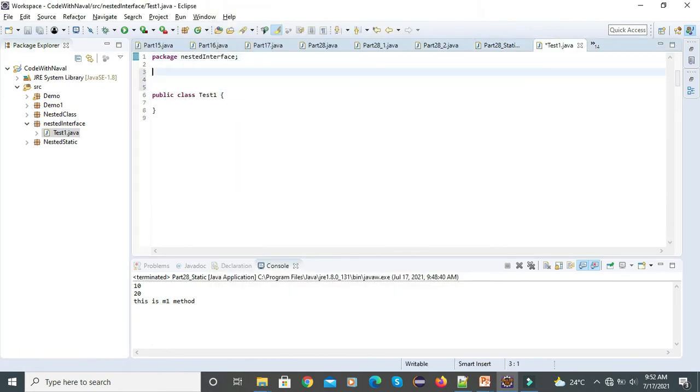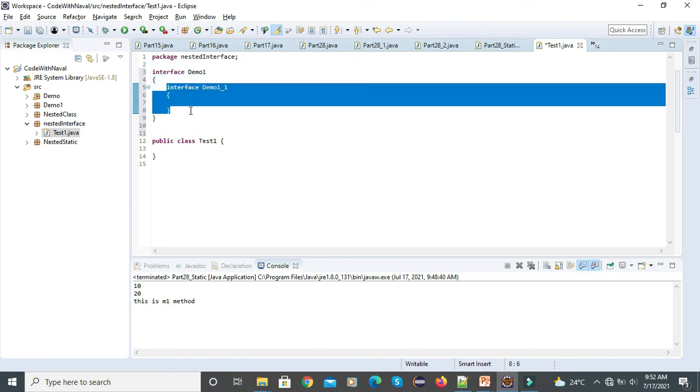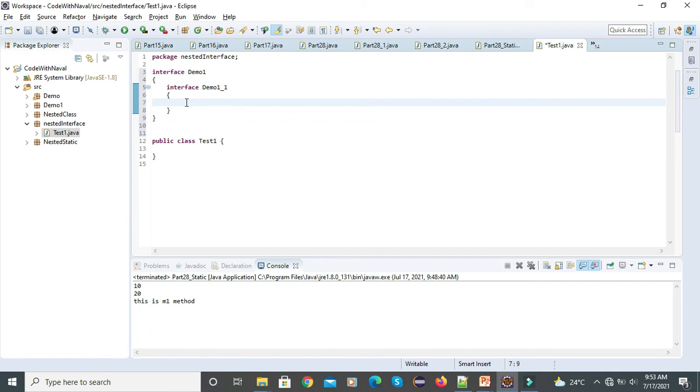Here we create one interface, and I'll give this interface the name demo1. Inside this interface we can create an interface. We will create one interface, demo1-1. This is an interface inside the interface, that means we can say this is a nested interface. Inside this nested interface we create one method, void m1.